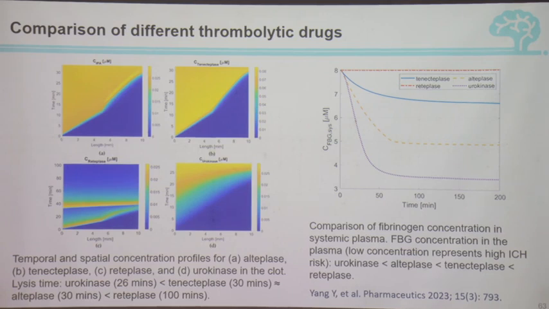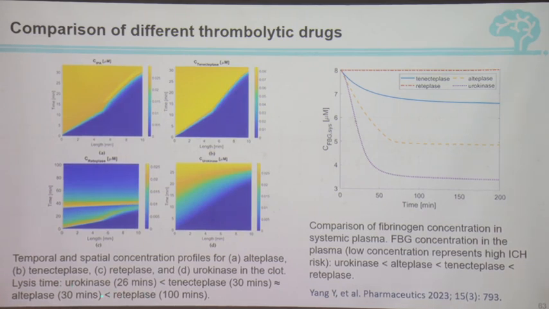So we simulated different drugs using the corresponding kinetics for each drug. And we compared their performance in terms of lysis time, and also compared the systemic fibrinogen concentration, which is a marker for risk of bleeding. So in terms of the lysis performance, what we found is that